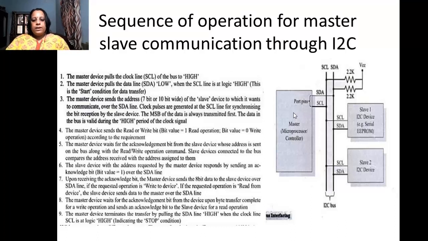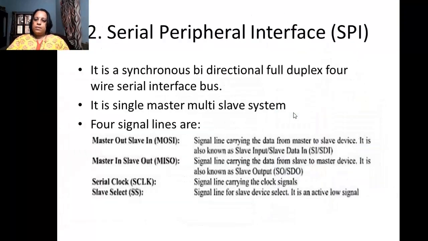Okay. So let us now see the next kind of communication interface called serial peripheral interface, also known as SPI. SPI is also a synchronous bidirectional protocol, but it's a full duplex protocol. Previously what we had was a half duplex protocol, which means only one operation can occur at a time. The difference between I square C and SPI is that it is full duplex. When we say full duplex, that means write and read operations can occur in parallel.